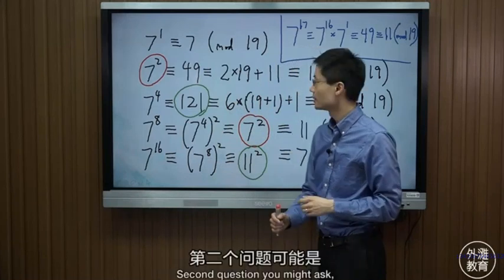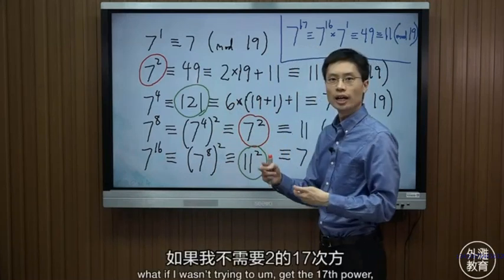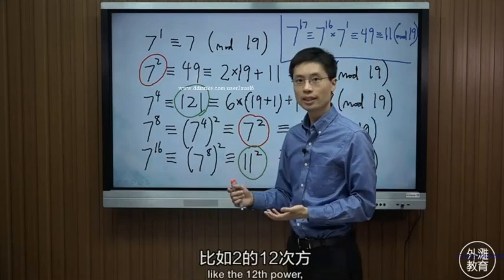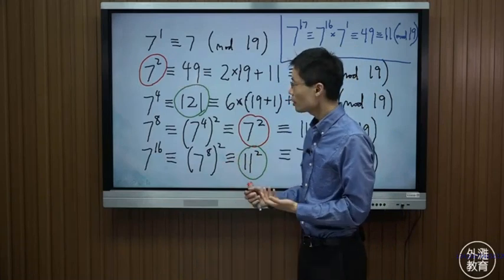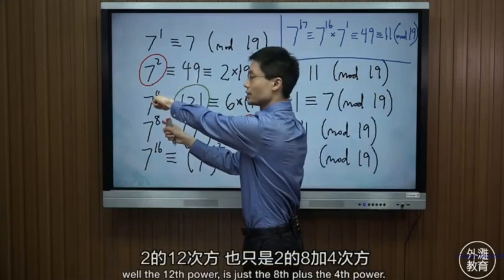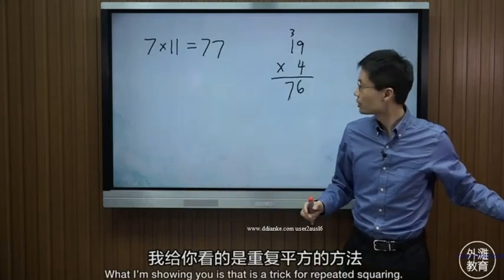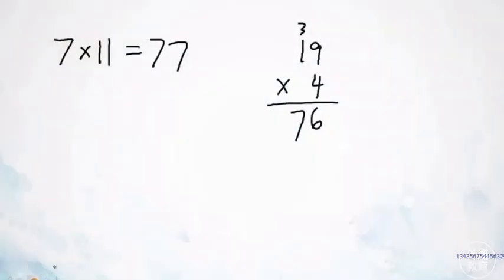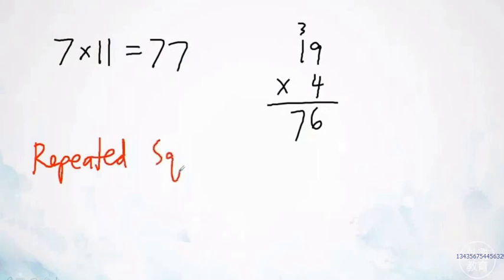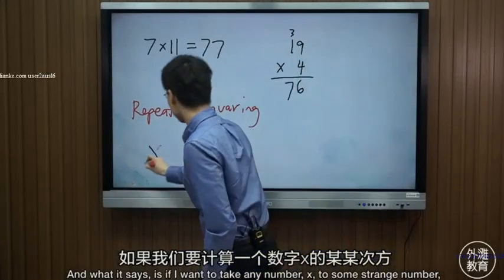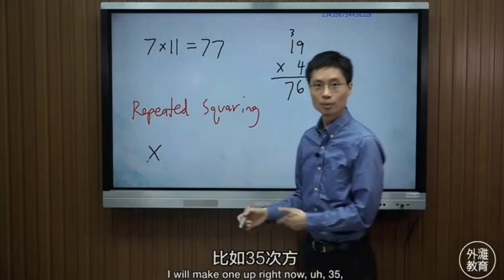Second question you might ask: what if I wasn't trying to get the 17th power? What if I want something else, like the 12th power? Well, the 12th power is just the 8th plus the 4th power. What I'm showing you is a trick for repeated squaring. And what it says is if I want to take any number, x, to some strange number, I will make one up right now,